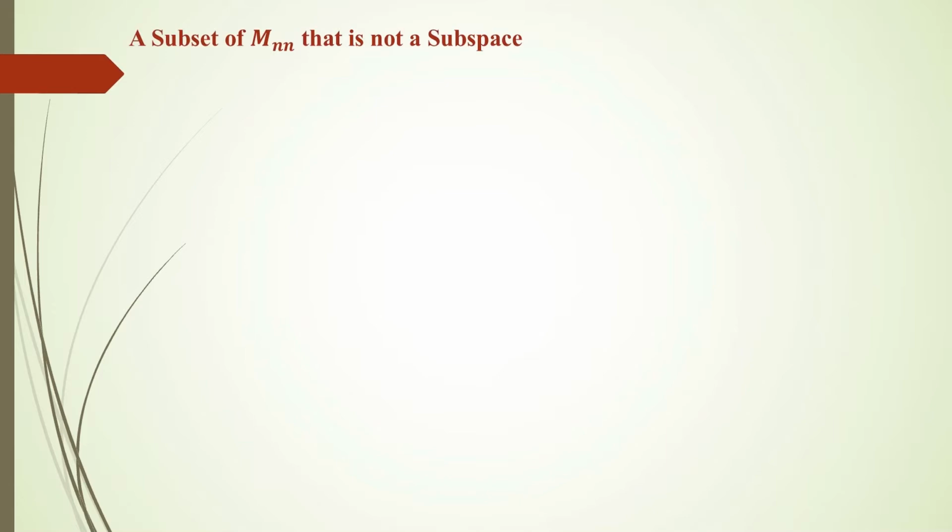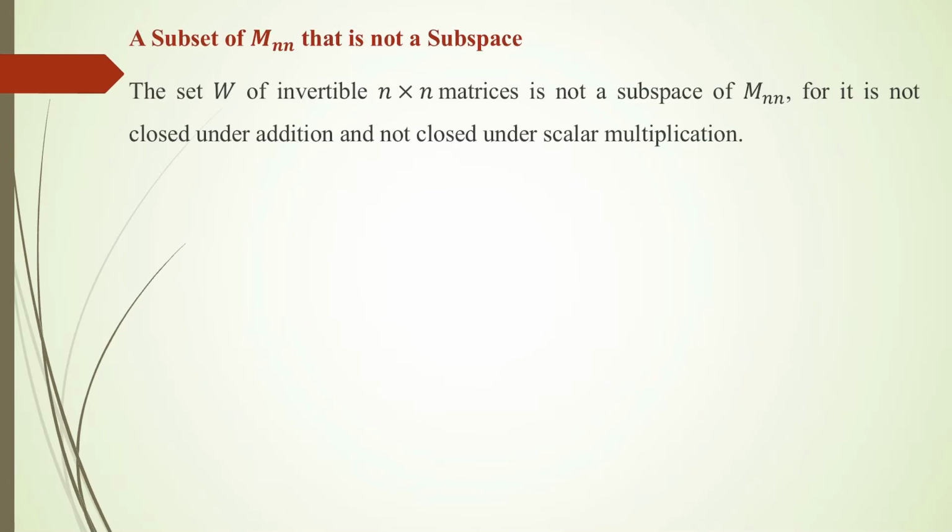Now we will see a subset of Mn that is not a subspace. We are taking W as the set of all invertible n by n matrices. This will not be a subspace of Mn, for it is not closed under addition and not closed under scalar multiplication. One easy example is to take In, the